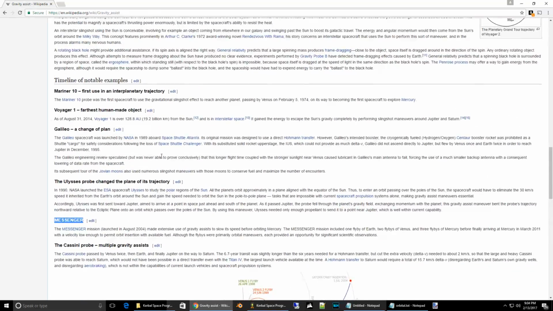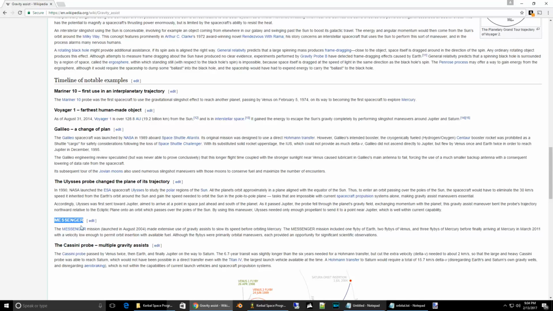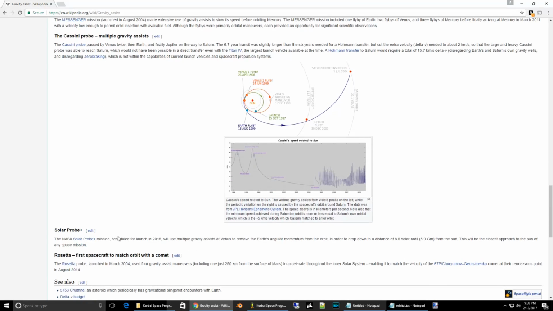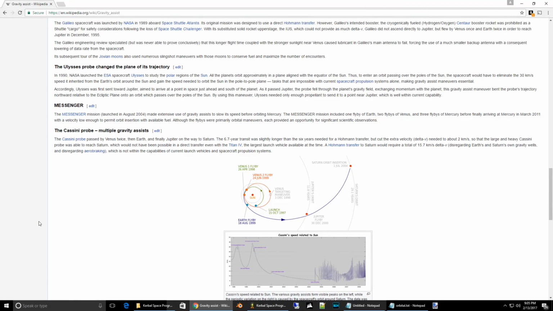Let's see, the Messenger mission took a lot longer because they were using flybys, but it cost a lot less because they didn't have to have quite as big of a launch vehicle. Rosetta and this Solar Probe Plus as well. Anyway, so that's one thing to look at, and then the other thing that I want you to look at